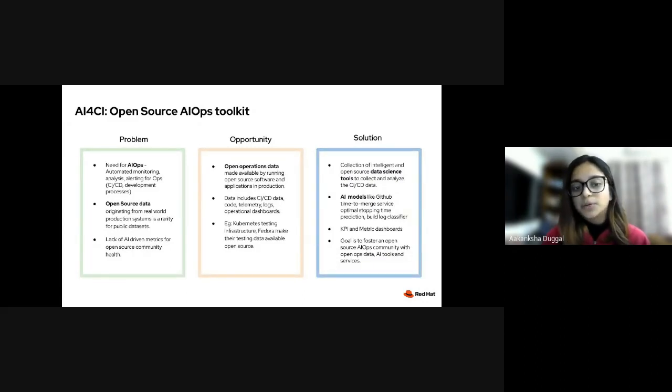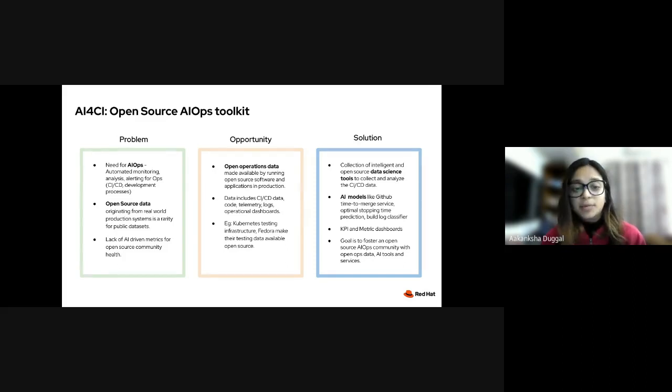The problem that we're trying to address here is that there's a need for automated monitoring, alerting, and AI-driven analysis for operations and testing systems, and open source testing data originating from real-world production systems is a rarity among public data sets. We have also noticed that there's a lack of AI-driven metrics for open source community health.